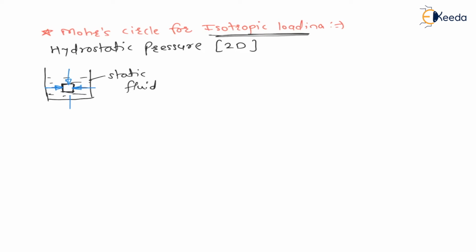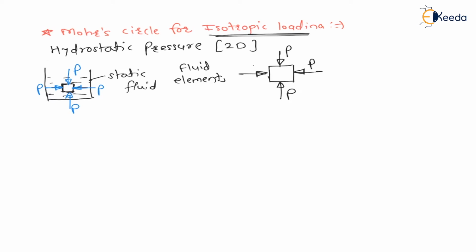Pressure in all directions is the same and compressive means on all planes, in all directions, pressure is P and it is compression. If I consider a fluid element, for a static fluid at a point, pressure in all directions is the same and compressive. This is called Pascal law. That means the element in the fluid is subjected to hydrostatic pressure condition, that is, pressure along all the axes is the same and compressive, right?